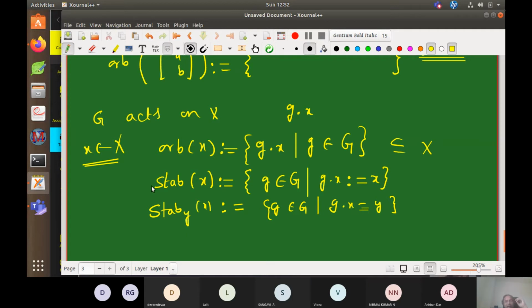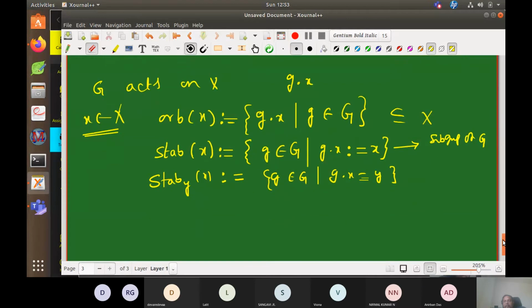So later we'll see that. You are saying that first of all it is a subgroup of the group G, and then it is going to be cosets of those. So that is true, right? Later we will see those aspects, but this is my point actually. I want to say that for every X I have one subset here, but there is a small thing here. Can it be empty?